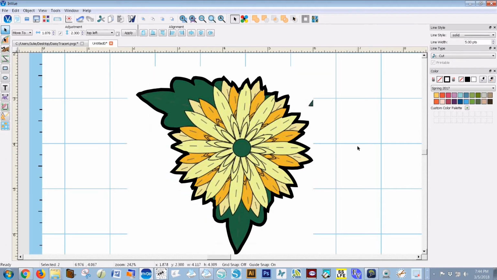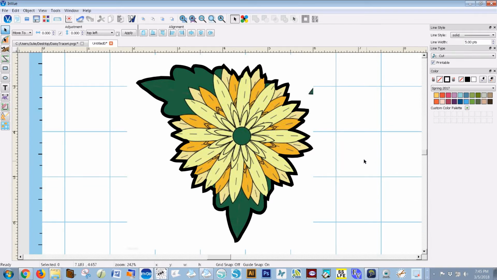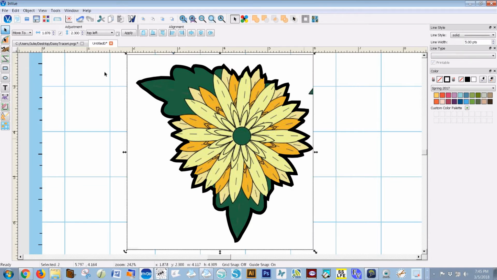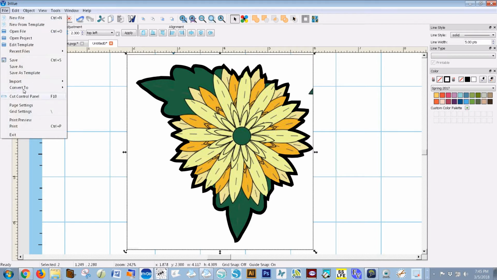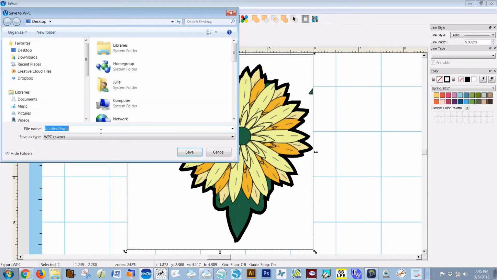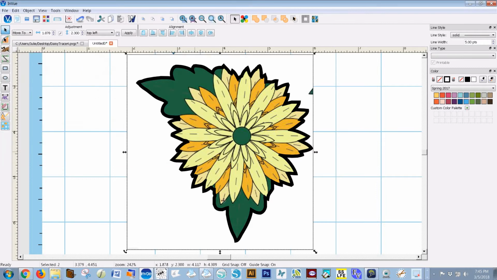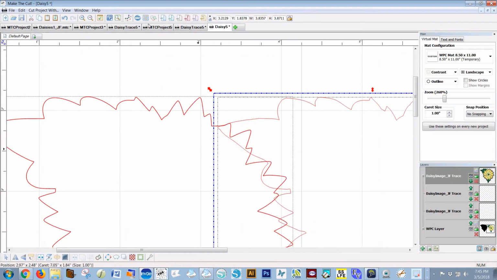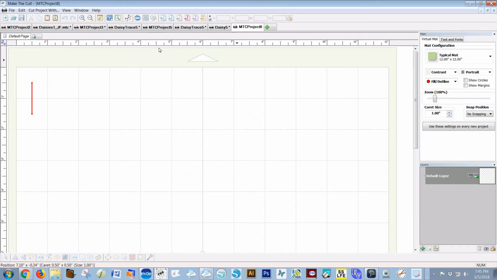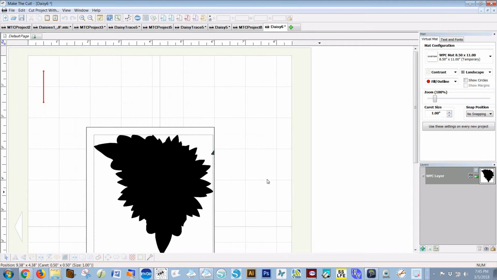So it looks fine. Now if I would like to use this on another cutter besides my Pazzles view or inspiration, I can select all, and I can go to File, Convert to WPC, and I'll call this Daisy 6 and save it. Now I'm going to go to my Make the Cut software, and we'll go to Import the WPC file, the Daisy 6, open it up,